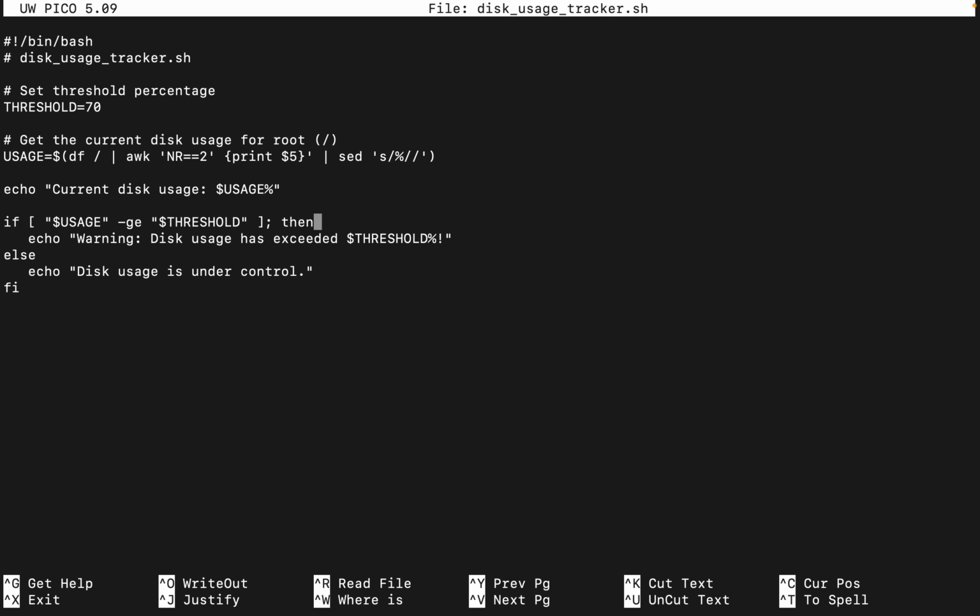To be equal to threshold. Did I forget one here? Very possible that I did. If usage less than using greater than equal to threshold, then